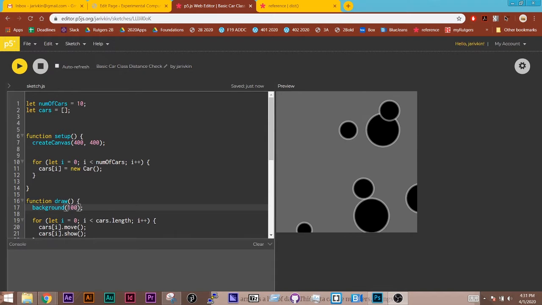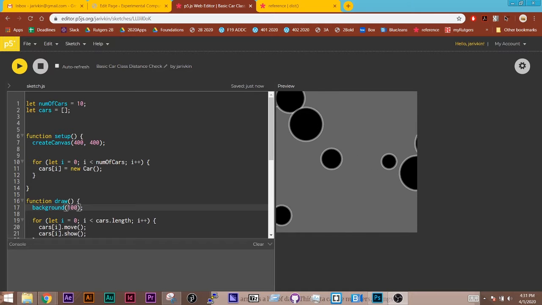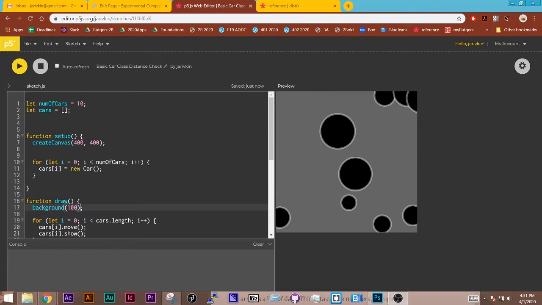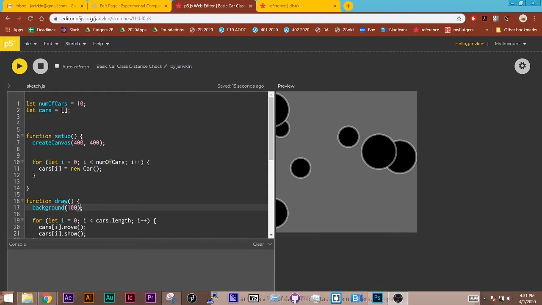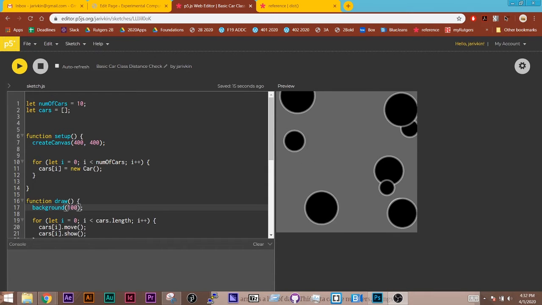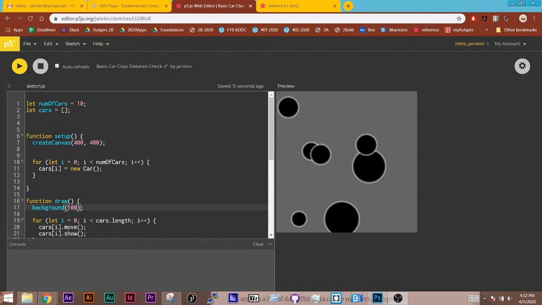In this example, I just want to show how to incorporate distance into an object that is part of a class. So when you have many objects, you want to be able to check, is the mouse intersecting, and how to make it as efficient as possible. So for example,